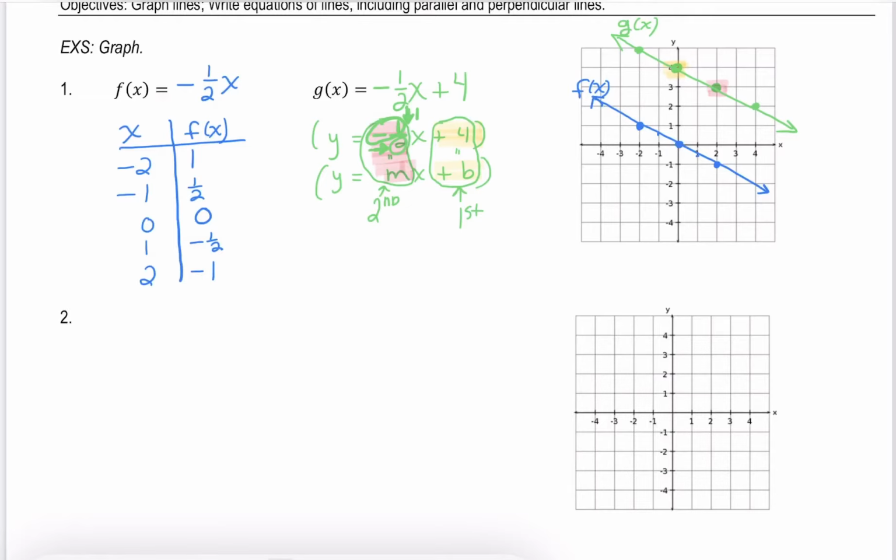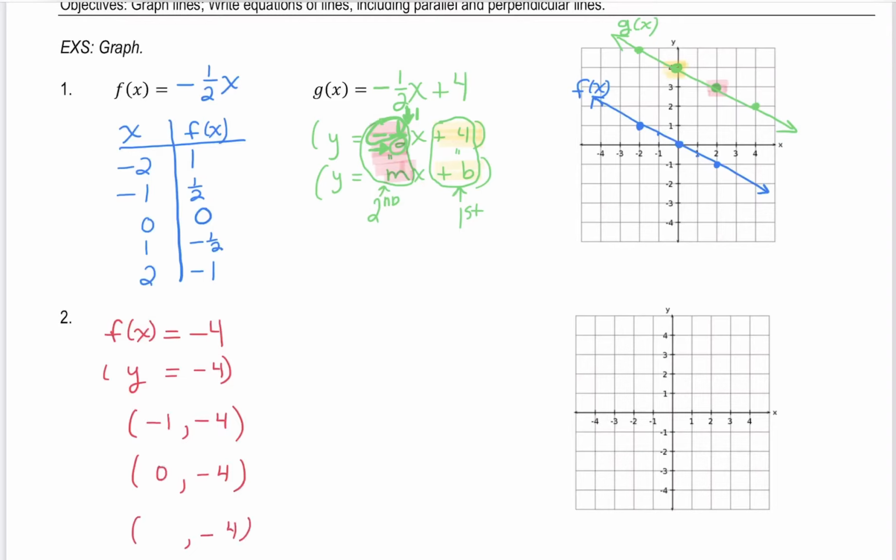All right, so now let's look at another example here. Suppose we were looking at number 2. Let's say we were going to graph f of x equals -4. So remember, that's the same thing as saying y is -4. And so in this case, there's no x-coordinate. So if you were thinking about what points would satisfy this equation, it's anything where the y-coordinate is -4. As long as that y-coordinate is -4, you have satisfied the equation. You could pick whatever you want for the x value, and again, you have satisfied your equation as long as